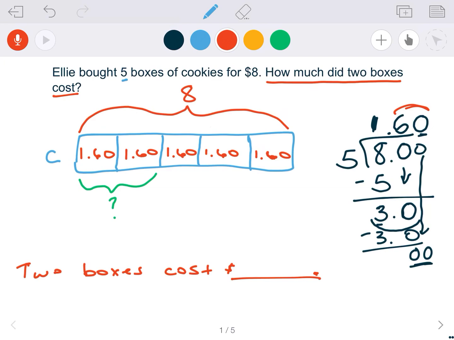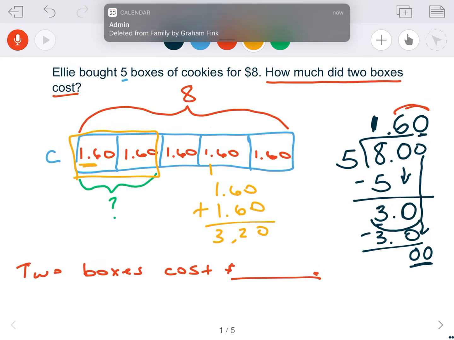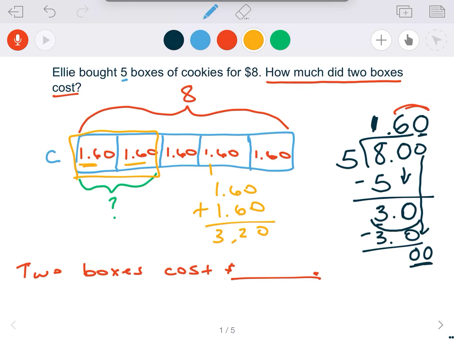And then it should be easy from this point to figure out how much 2 boxes of cookies cost. You could do it a few different ways. You could either add $1.60 plus $1.60, and that's the way I'll do it this time. Can anybody think of another way to do it? You could multiply $1.60 times 2. You could even think of this as 16 tenths plus 16 tenths, and then go from there. So 2 boxes cost